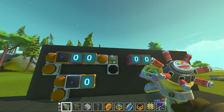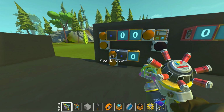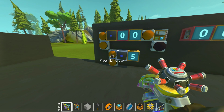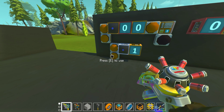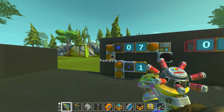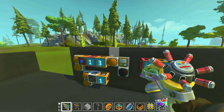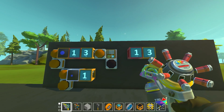So one thing that you can do with this, which is kind of nice, is we can feed it a white number block, which is the number input here, and you can see if we step this up, it changes the number being displayed there on the memory. But we can actually store this to, let's say, 1, and then we can set this as a number here. So let's count this one up. For some reason, these buttons are reversed. Let's say number 13, and we can press this orange button, and we've now stored the number 13 in memory